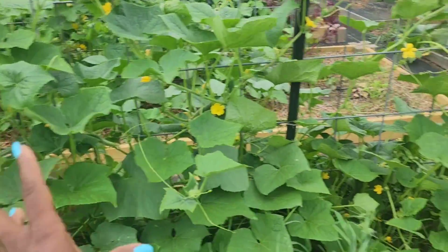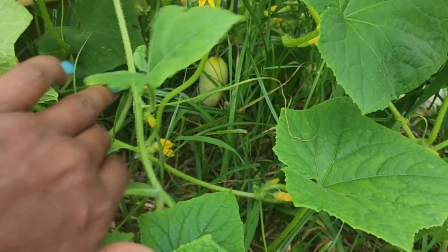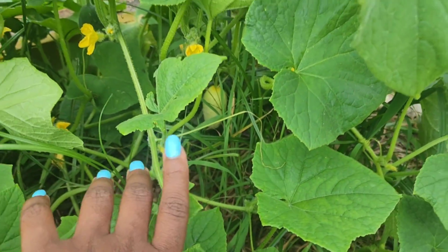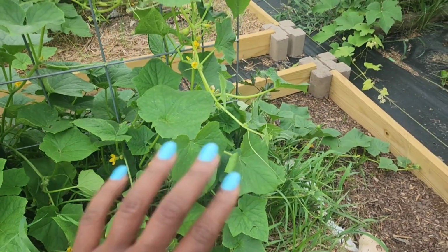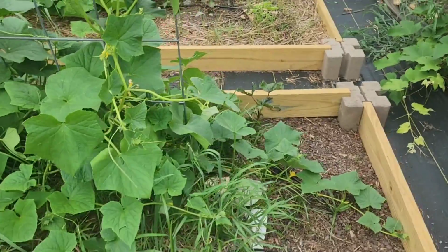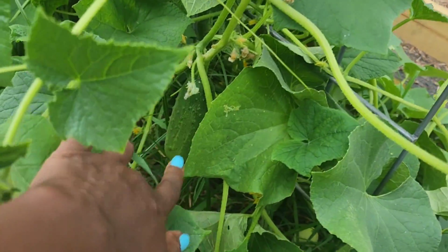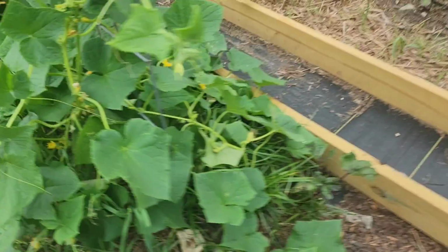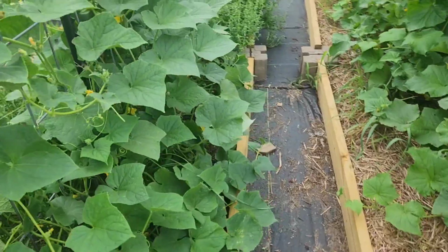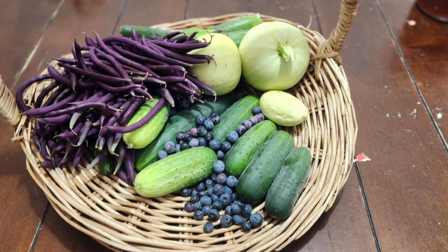As you can see on the opposite side of this bed, I have cucumbers, and when I can see from this side, that's a miniature white cucumber. I did plant 2 cucumbers in here that weren't actually vining cucumbers, and I misread the label. Planted it here so they're growing out rather than up, and that is the miniature white, as well as it's called the bushy cucumber, or the pick a bushel cucumber. And I harvested most of the cucumbers here yesterday. I have 12 cucumbers, 6 on this side and 6 on this side, and I harvested about 10 cucumbers from